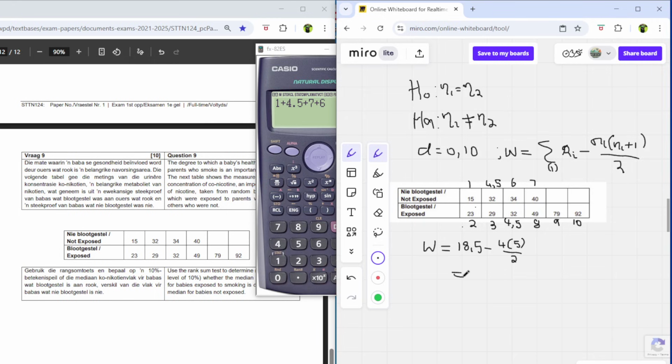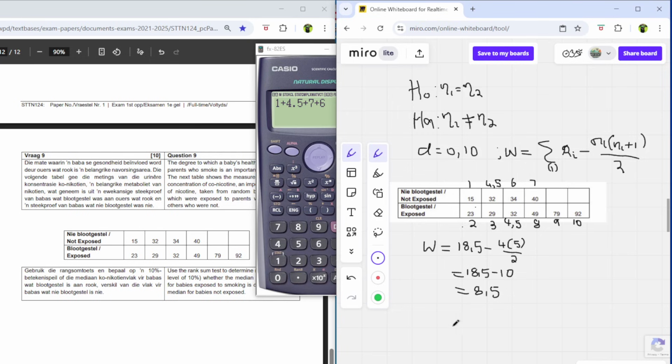So this is equal to 18.5 minus 4 times 5, which is 20. 20 divided by 2 is 10. So W is equal to 8.5. 18.5 minus 10 is equal to 8.5. Okay, cool. So now that we have this and also have this,